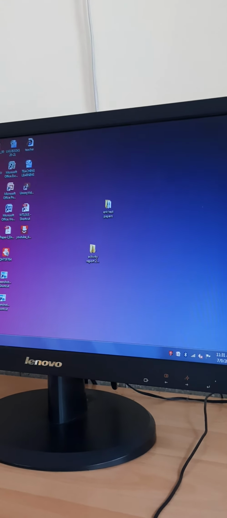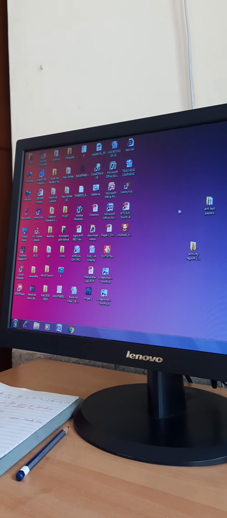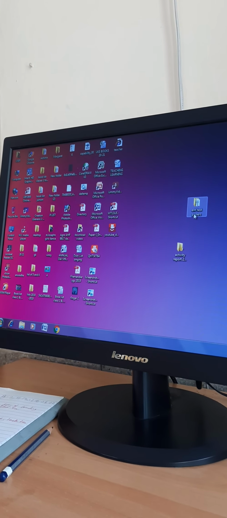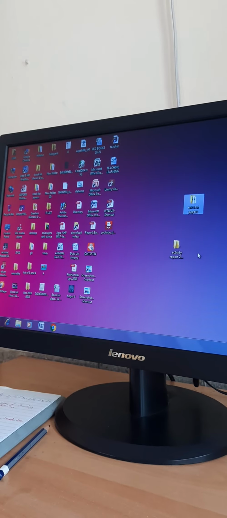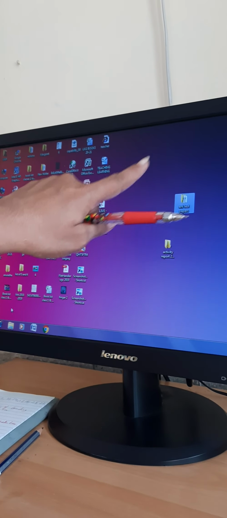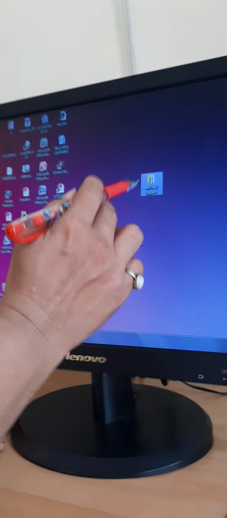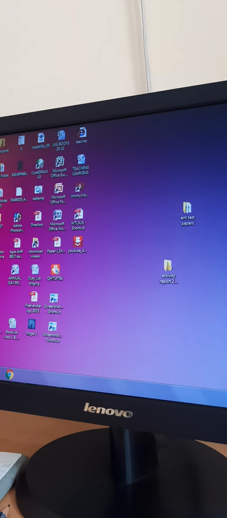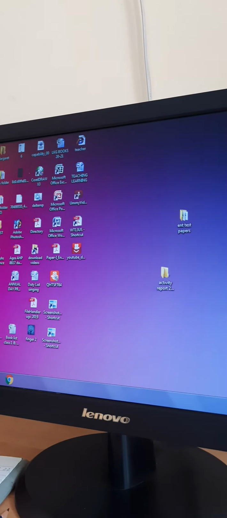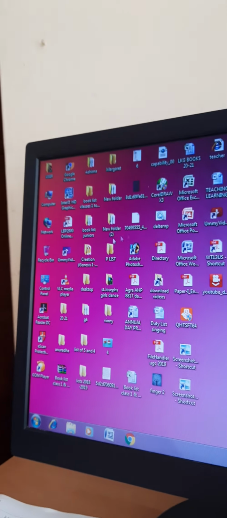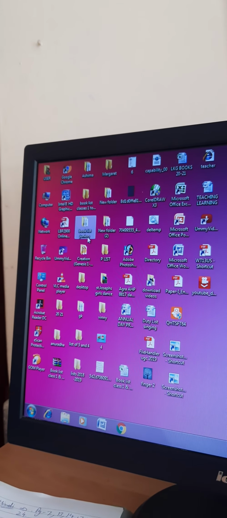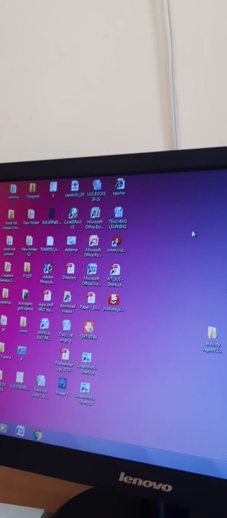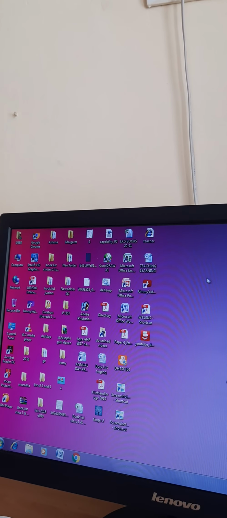Now children, how will we select or deselect icons? You will go on any icon or any application, just click once here with the left button and it will be selected. You can see the color has changed here. This blue color has come, meaning it is selected. And you click anywhere else, it will be deselected. Like one more time, you want to select Book List Juniors, you will go here, left click it once and it will be selected, and you click anywhere else in the blank space and it will be deselected.